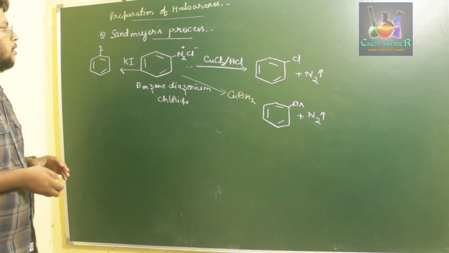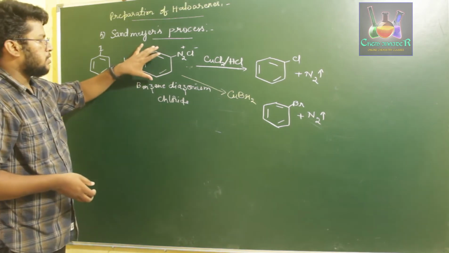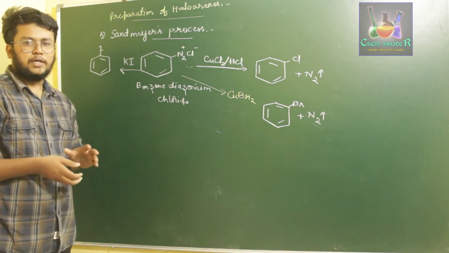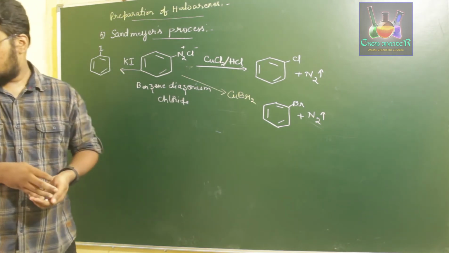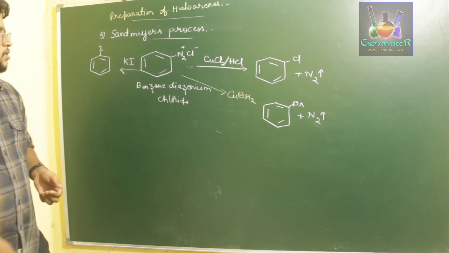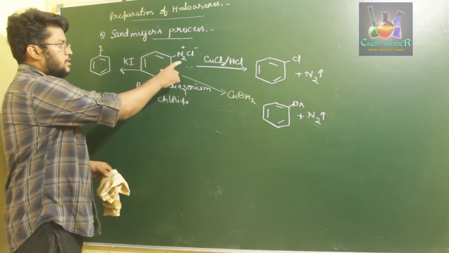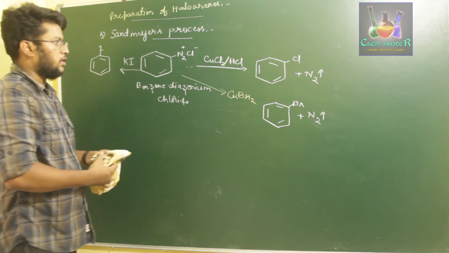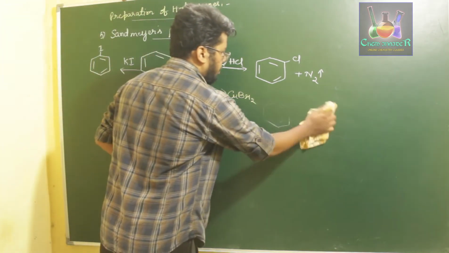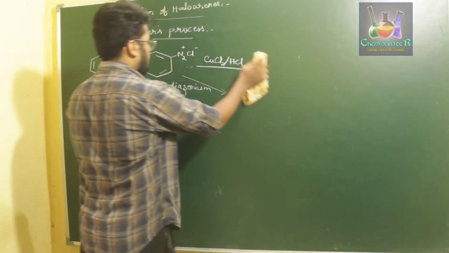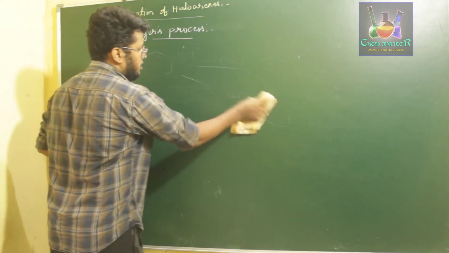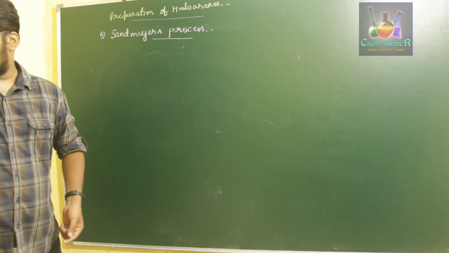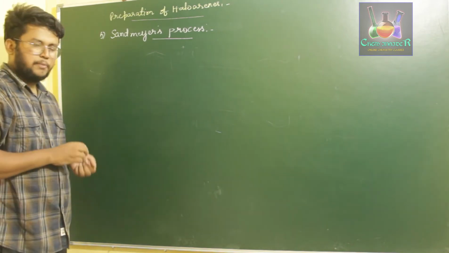Here, what we have to observe is that in order to prepare this benzene diazonium chloride, first we have to prepare a sodium nitrite complex with HCl. The reason we use benzene diazonium chloride is that the N2 present here can be easily removed when treated with a small amount of hydrochloric acid. So first, we need to know how to prepare this diazonium compound. As this diazonium compound is not obtained easily, we have to prepare it for this particular reaction. So how do we prepare that?